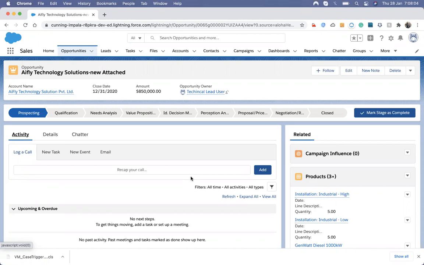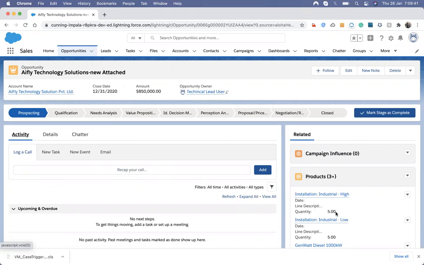Whatever task you are given, you first split that task into smaller pieces, meaning smaller components, and then use all the components together to create a whole page. Similarly, if you have designed this opportunity detail page, you have to design everything in components, and then merge all the components on a single page and call it, and that's it. Okay, so this is how the Aura component is designed, and let's have a look